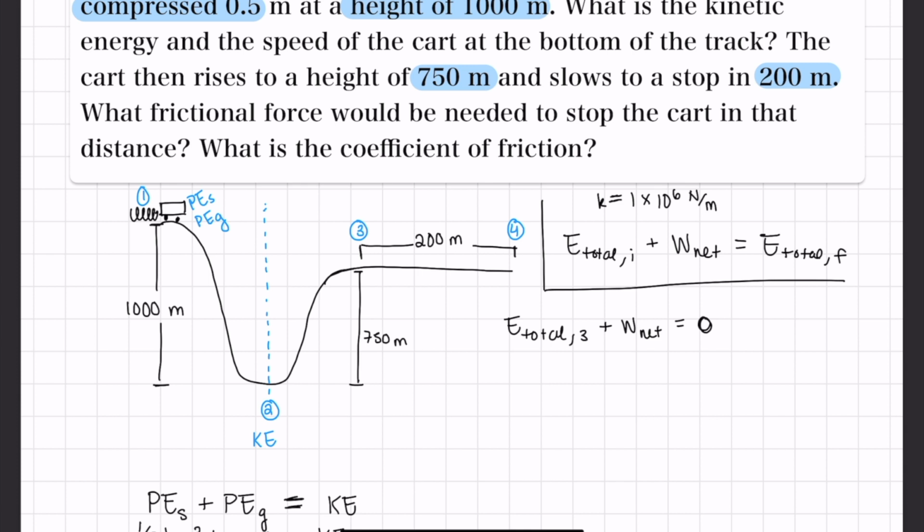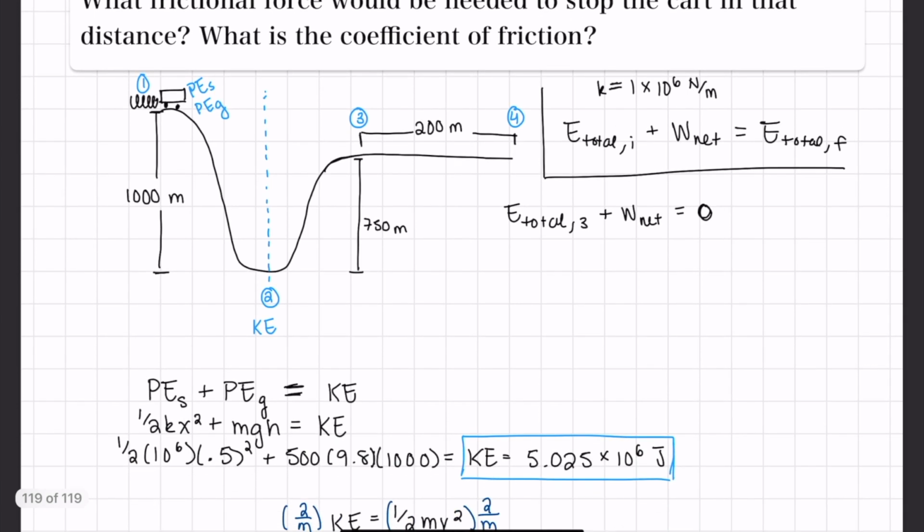And then the thing that we can notice here is that although our energy total 3 is going to be made up of some potential energy from that 750 meters and some kinetic energy left over from the very, very beginning, potential energy from the spring and gravitational potential,